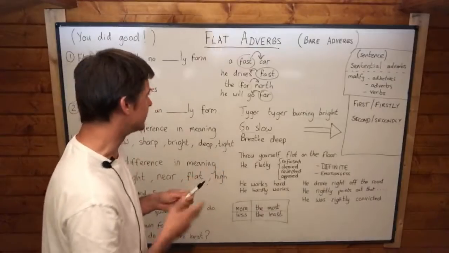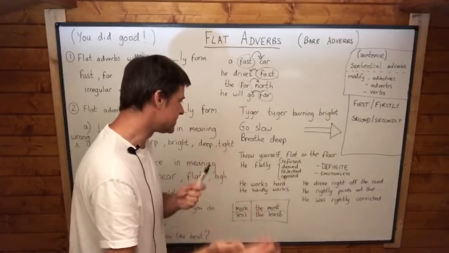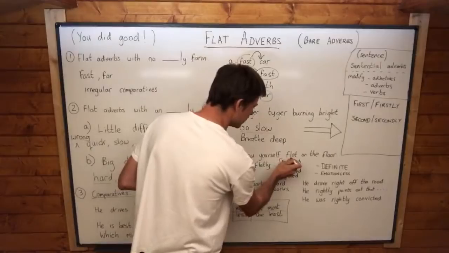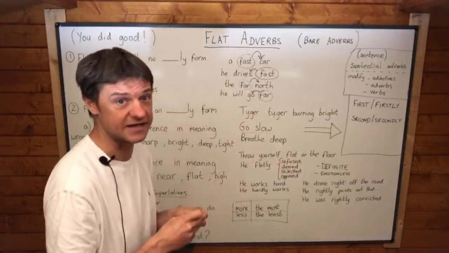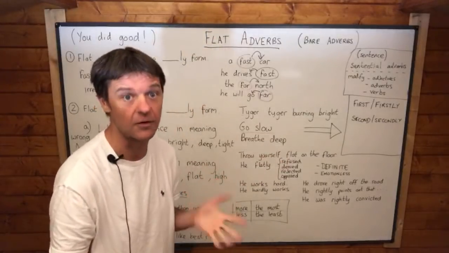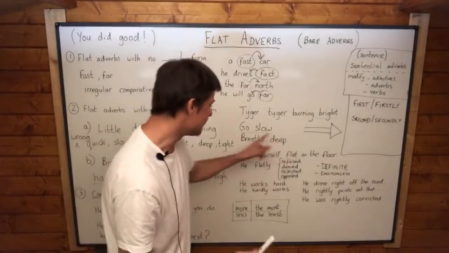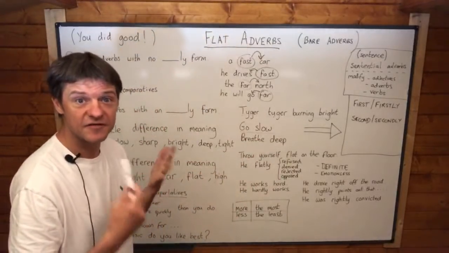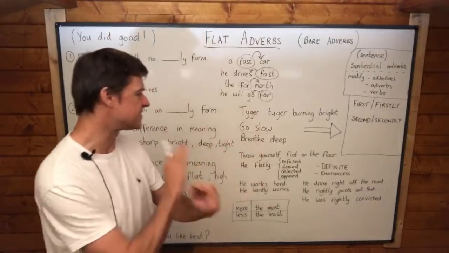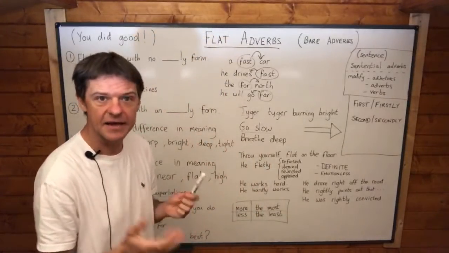Very different meanings. Now, the sentence that my student and I were looking at was, he threw himself flat on the floor. And we were just looking at the word flat and deciding, is it an adjective or an adverb? And of course, it's describing how he threw himself on the floor. So it's describing the verb, so it's an adverb. So that's flat being used as an adverb. However, flatly can also be an adverb, but it's used differently. You can say he flatly refused, he flatly denied, he flatly rejected, he flatly opposed. And that means